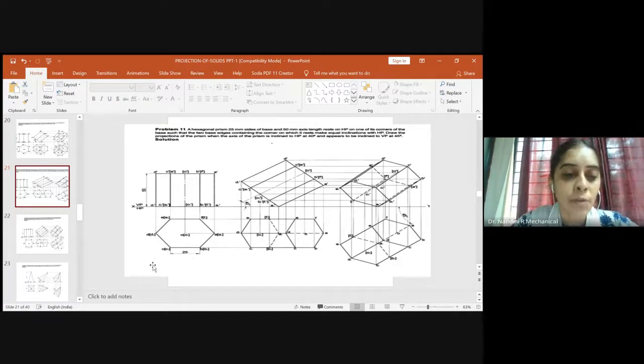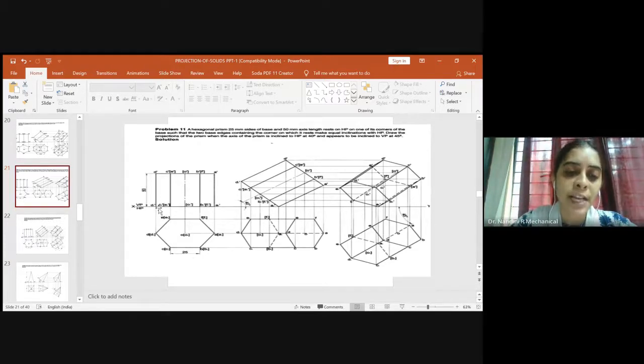So when the observer views from here, you will have D and D1. D1 is of the bottom surface and D is of the top surface. So when the observer views here, we are just naming the bottom surface. D1 will be visible. So when you go to the front view, this becomes D1 dash. And again, the observer views from this corner. The bottom surface has C1 and E1. C1 and E1 are along the same line. So when the observer views from here, C1 dash will be visible and E1 dash will not be visible.